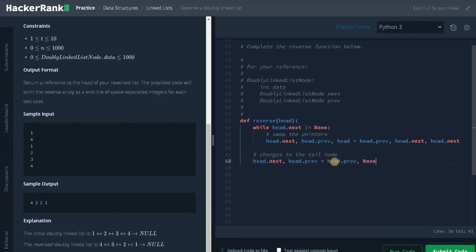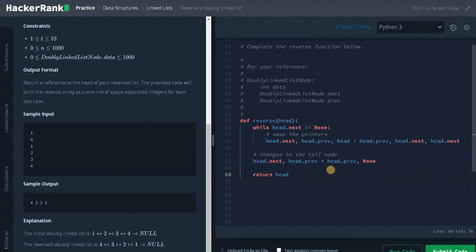Similar to this, I'm using this operation. So if you consider 4 as the head pointer, head.next will point to 3, that is head.previous. Head.previous will point to None. After making the changes, we will return the head node. Return head.